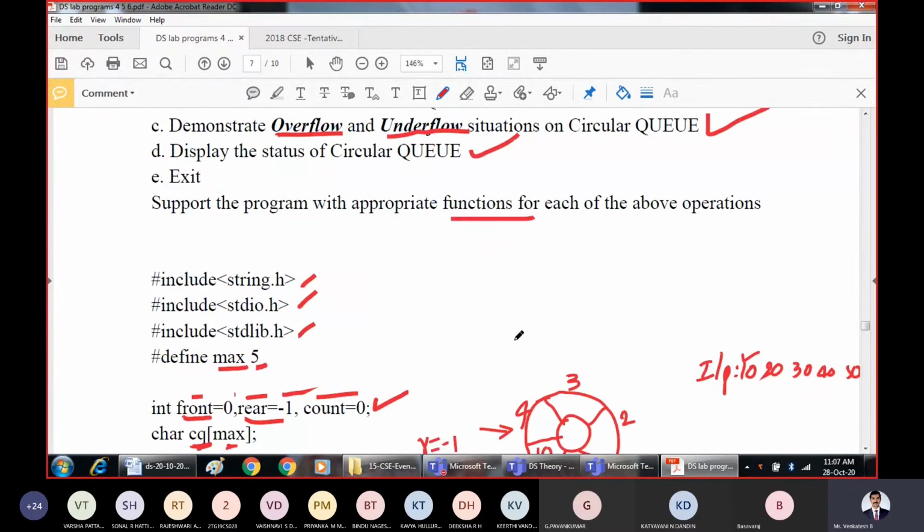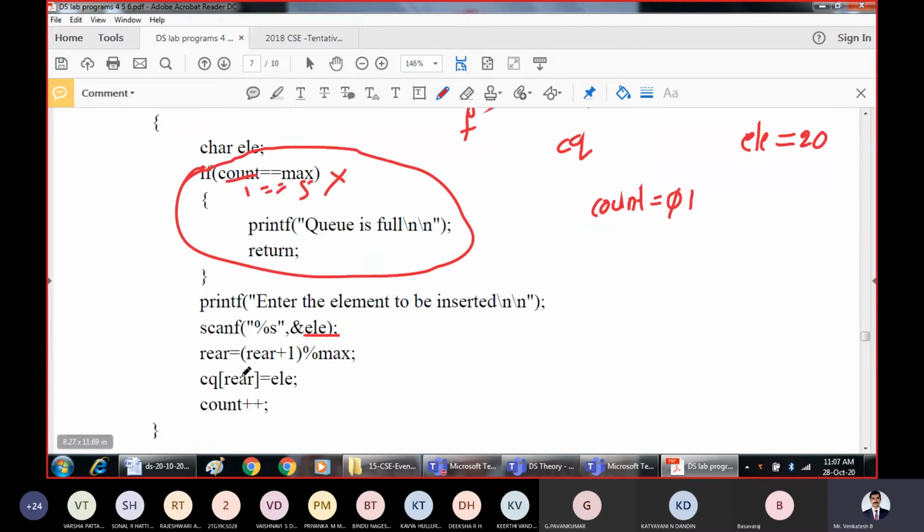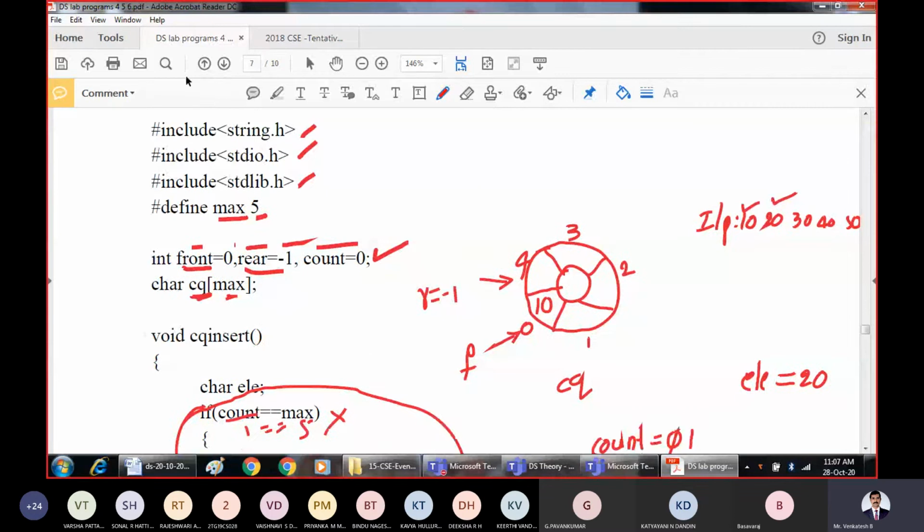So take the next element. What is the next element which we want to insert? Next element is 20. So what element is containing now? Element is containing 20. Now again increment the value of rear. So I think I forgot to increment here earlier. Rear was here now. Earlier where rear was pointing, rear was made to point here. When I was inserting a value called 10, rear was pointing here.